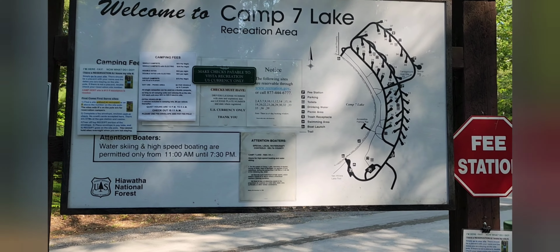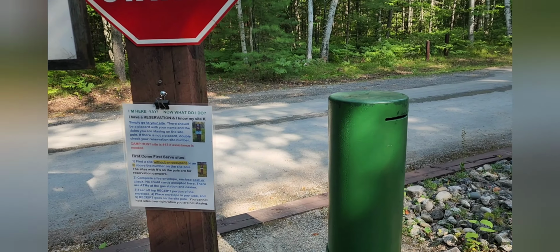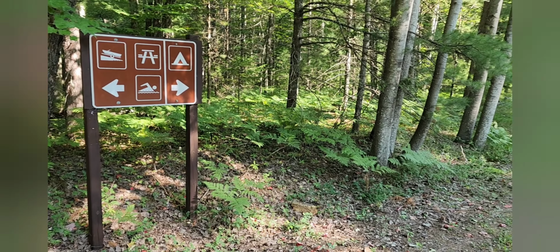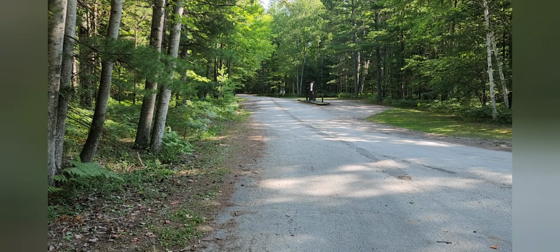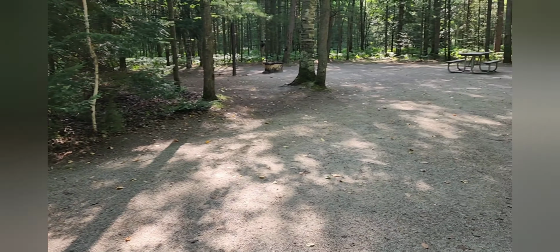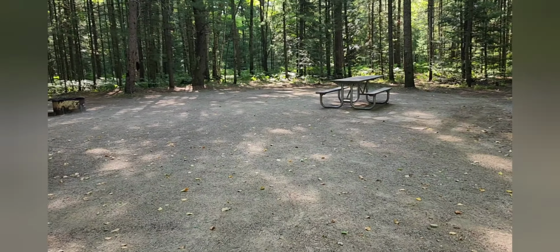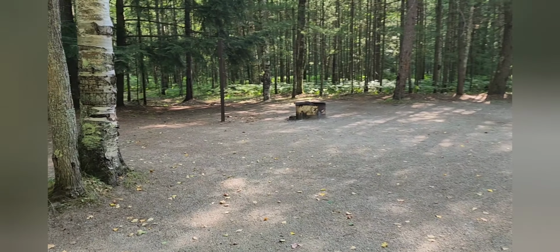This contradicts the DNR website where it shows 41 sites available, but I myself did not see the 41. I did only find 39 here in the campground. Some of these sites are reservable while others are not, and some of them do have power and some are ADA accessible. This campground does also offer a day-use picnic area, a swimming beach, and a pier to go fishing off of. There's also a boat launch here in the campground that we'll take a look at here at the